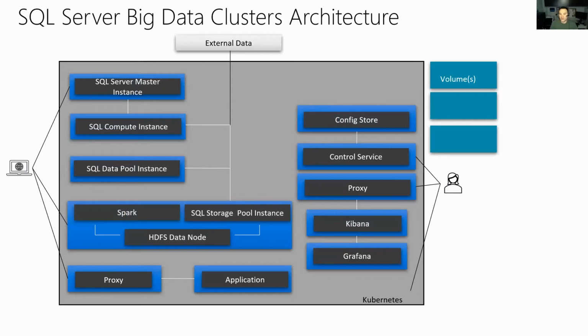Now to take a look at the actual big data cluster components here, this is still using the blue and the gray squares to represent pods and containers. But you can see we have a whole bunch of moving parts here. And SQL Server itself is one of those parts. So we have the SQL Server master instance up in the upper right corner there. That is actually the main endpoint you connect to for a big data cluster, and it is an instance of SQL Server. It's running in Linux, in Kubernetes, but it is still a SQL Server instance, and you can do most anything with it that you can do with a normal SQL Server instance that's not part of a big